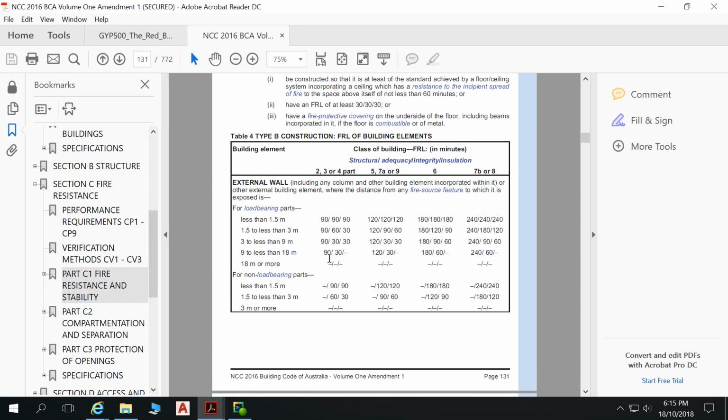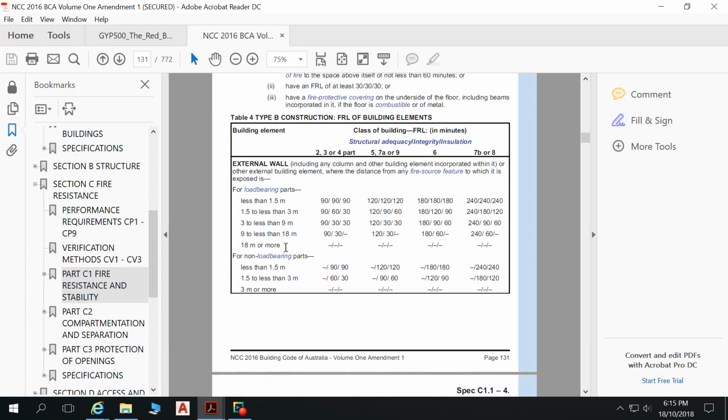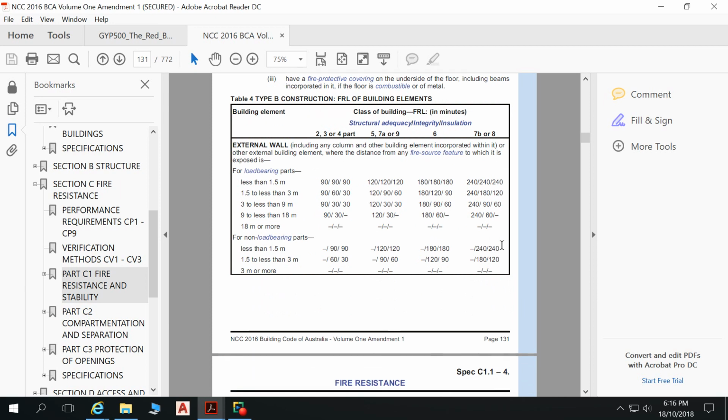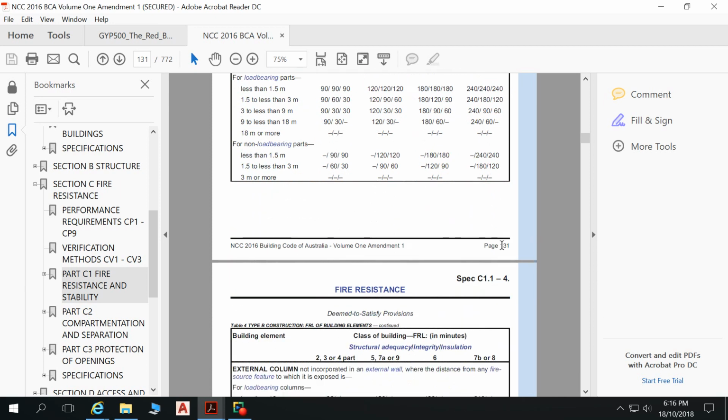So we've determined our fire resistance levels for various different building elements. Then we've got our load-bearing walls within 1.5 meters of a fire source, 1.5 to 3 meters of a fire source has to be this, 3 to 9 has to be this, 9 to less than 18 has to be this, and 18 meters or more doesn't need any fire resisting construction. But what do we consider to be a fire source feature? Well, a fire source feature